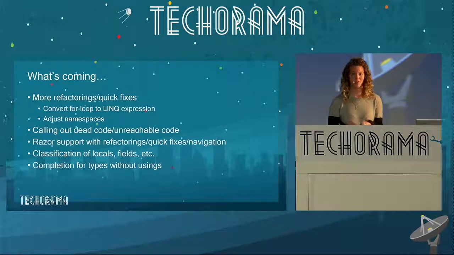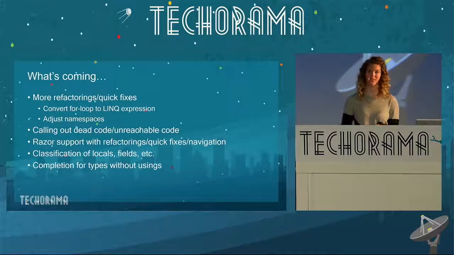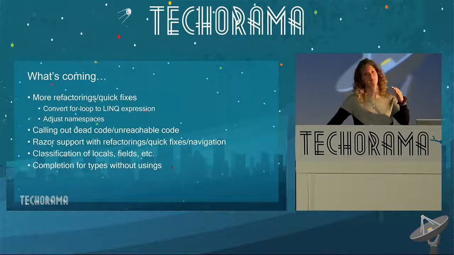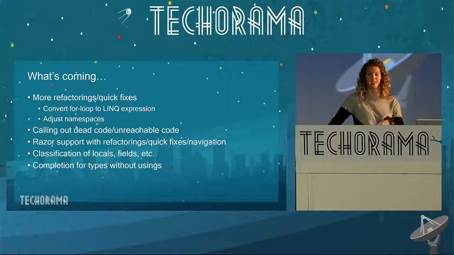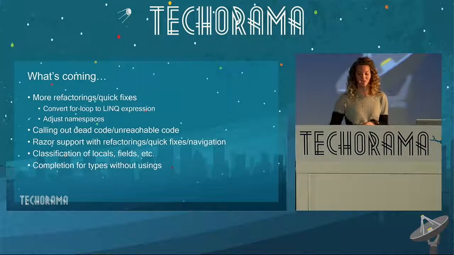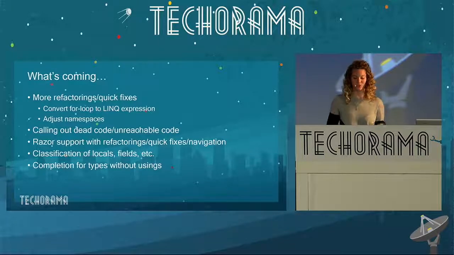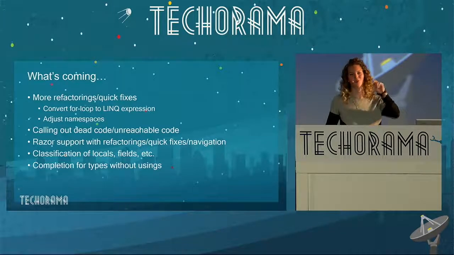Based off the customers that have already tried Visual Studio 2017, these are kind of the top things they've told us are preventing them from being productive. The first is they still want more refactorings and code actions. The first one they want is to convert a for loop to a LINQ expression. It turns out that most people want this because LINQ is hard. People struggle, especially people who are new to C#, and don't really understand how LINQ works. So they want this little toggle where you can just toggle between a for loop